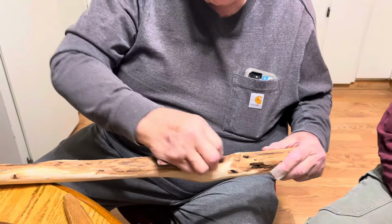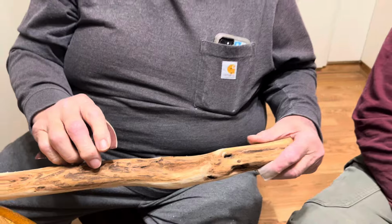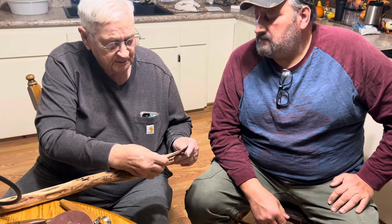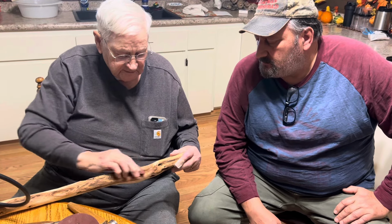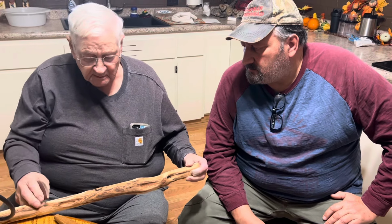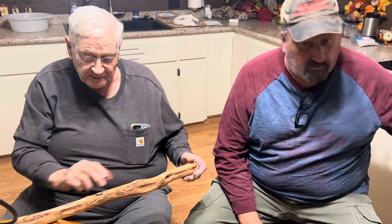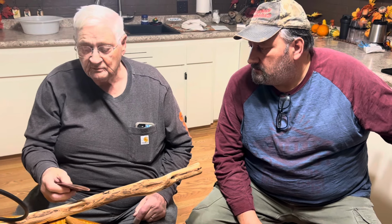And once I get this stick all polished up and cleaned up, and I've got rid of everything that's not a walking stick, then you would switch to a 220 grit, and you go it the same way with the 220, and that makes a finish on there that you can varnish. And I put the first coat of varnish on and let it set for 2 days to dry good, and then I slightly sand it with 220 again, and then there'll be from 5 to 7 coats of clear coat